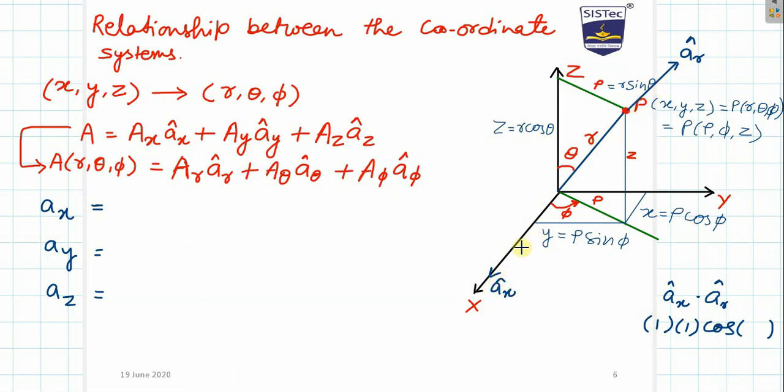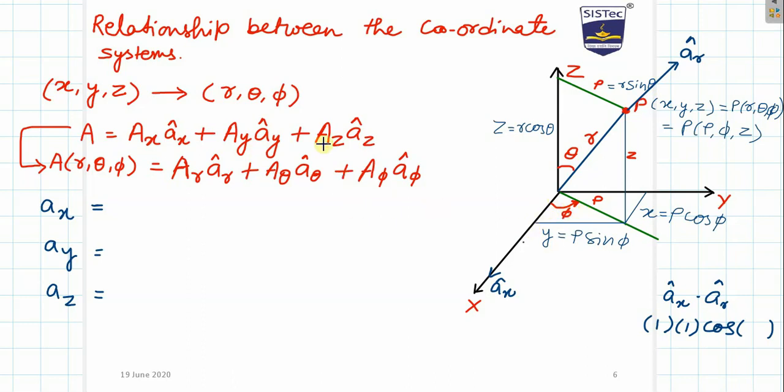Now what will be the dot product between them? Obviously the magnitude is 1, cos of the angle between the two. So any one vector has to be moved on the other vector. So this AR vector, how can it be moved on this? See, if I want to resolve this vector R on the projection on the x and y plane, this is r cos theta. So obviously on the projection this part will be r sin theta, and this is r sin theta, and then this is again cos phi.